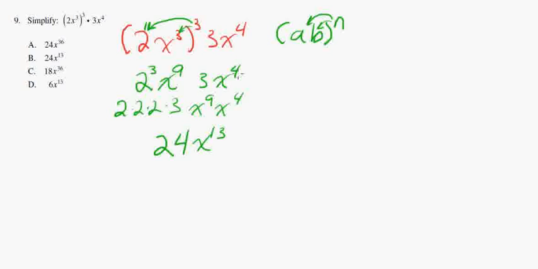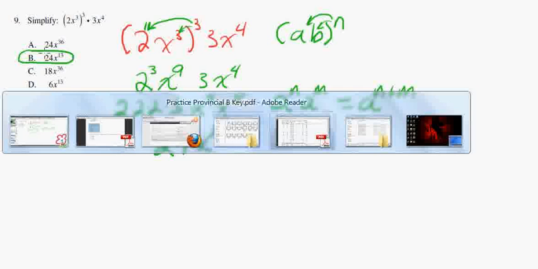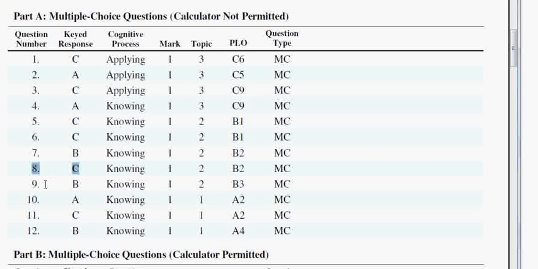Okay. Quick explanation again. At this point, we're using the addition of exponents. So if I have two numbers with exponents being multiplied together, all I need to do is add their exponents together. So that's how we get this 13. 13 is just 9 plus 4. And 24 comes around just by multiplying these out. So the answer for number 9 is B. And let's check. 9, answer is